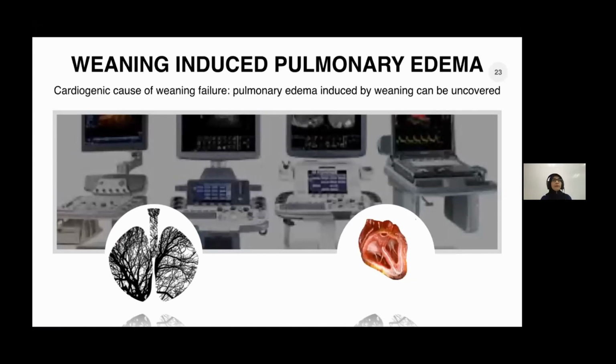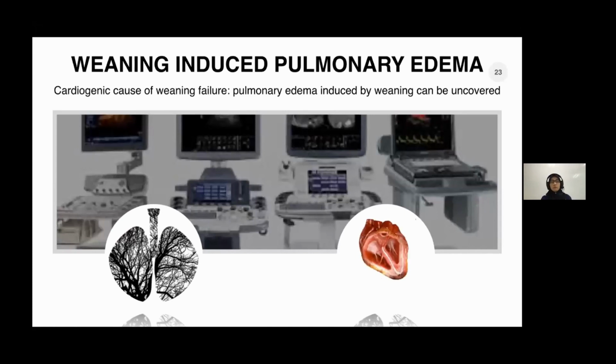All right, so if the patient presents to you with pulmonary edema, then you can do monitoring by looking, of course, clinical number one. Number one is always clinical, but you can use your ultrasound to look at the heart, and to assess the B lines in the lungs. All right, so have a look at the B lines. Is it increased, or were there any changes of B lines pre-extubation and after extubation?